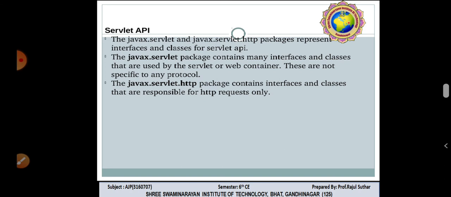The javax.servlet package contains many interfaces and classes that are used by the servlet or web container. These are not specific to any protocol. The javax.servlet.http package contains interfaces and classes that are responsible for HTTP requests only.